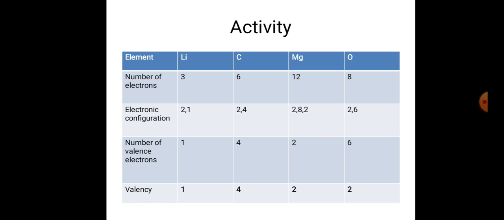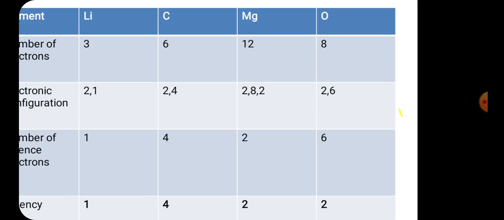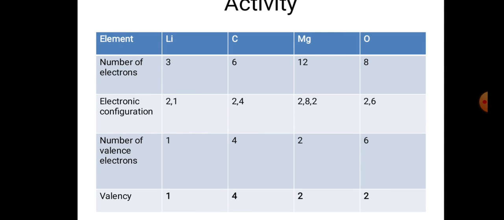We have discussed in previous video that if the number of valence electrons are less than 4 or equal to 4, then that number will decide the valency of that element. But if the number of valence electrons are greater than 4, then that number has to be subtracted from the digit 8, and same is the case for oxygen atom. Here number of valence electrons are greater than 4, and therefore we have subtracted 6 electrons from digit 8. 8 minus 6 is 2, and therefore valency of oxygen is 2.